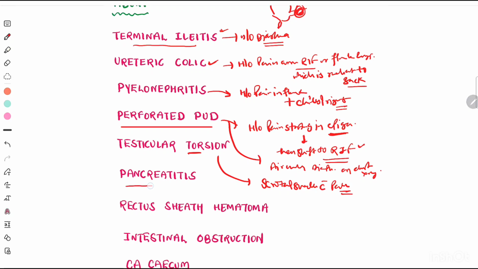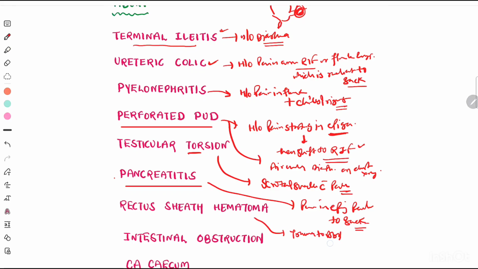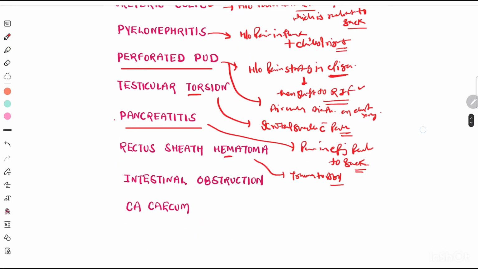And in case of appendicitis, you have to rule out pancreatitis, in which there is pain in the epigastrium radiating to the back. So pancreatitis can be one DD. And if there is a history of trauma to the abdomen, there can be rectus sheath hematoma, and there can be intestinal obstruction because